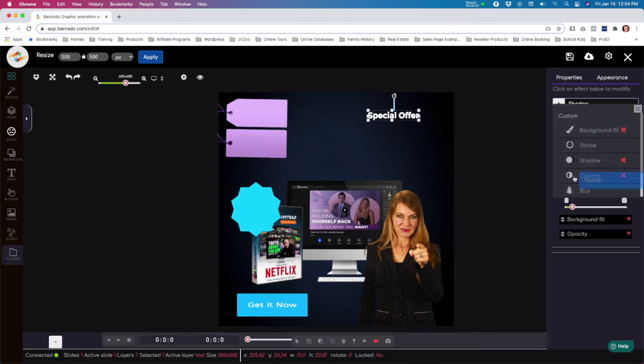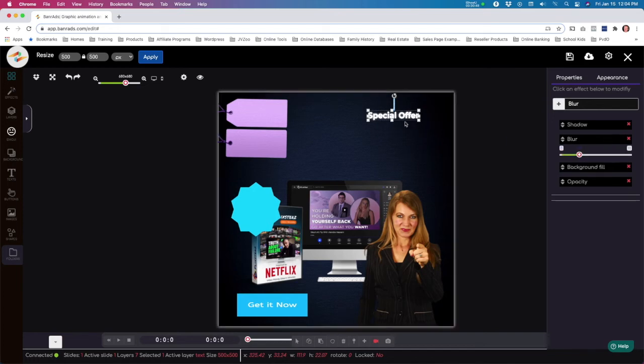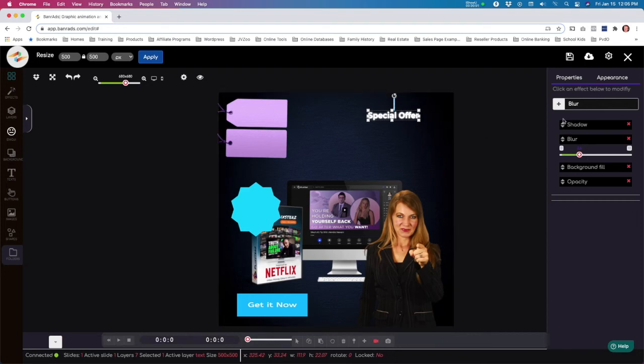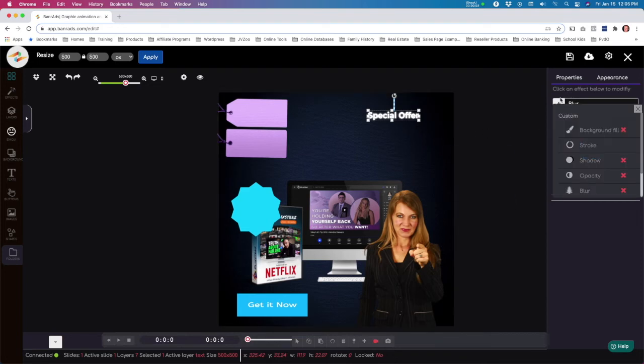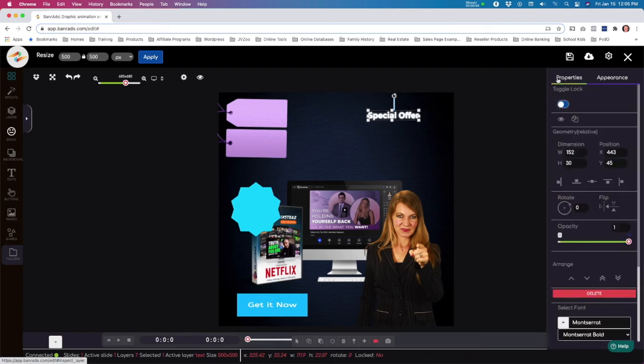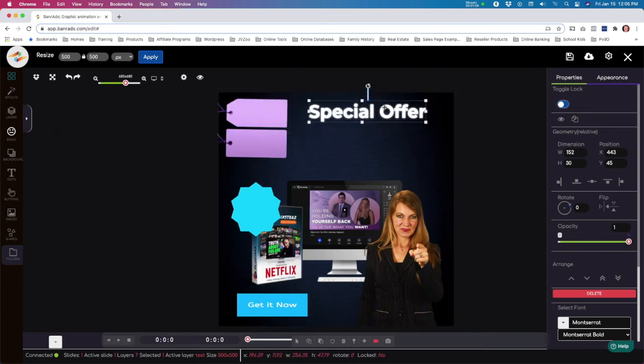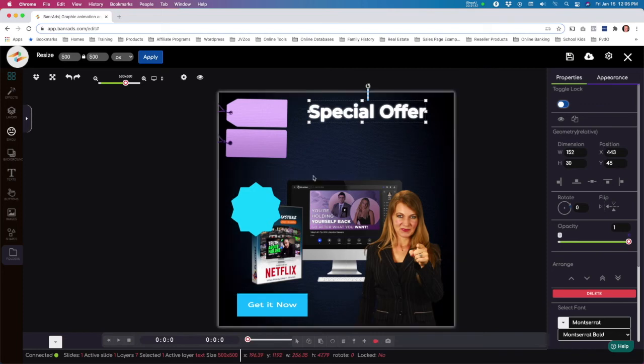If I want to add a blur, I can do that too. There's where the blur is. If you double click it, you can see that it's going to be blurry. And all the other options, just play with those options and you'll see what happens with the element that you change. So that's the right side of the menu. Now if you want to resize this, obviously you can do that. Again, use the shift button in order to keep the proportions. And then when you're done with this, the next thing would be